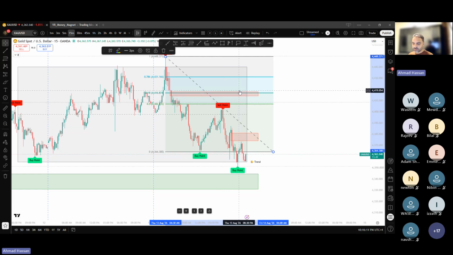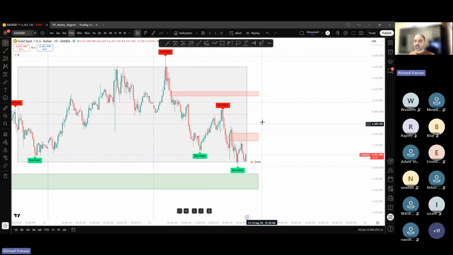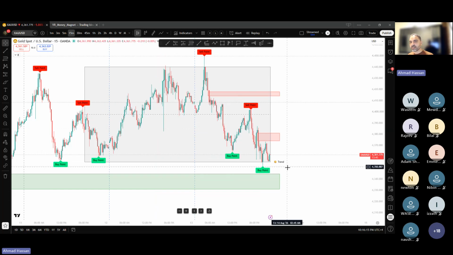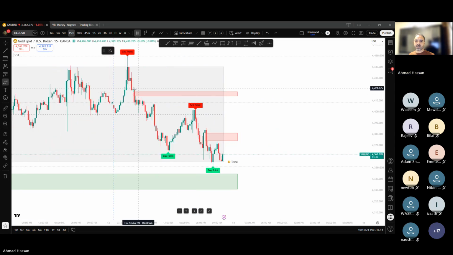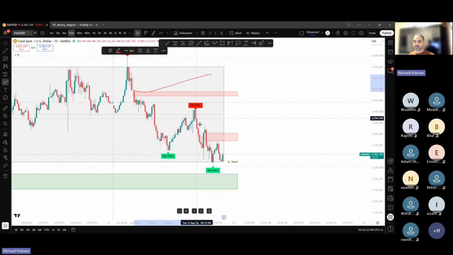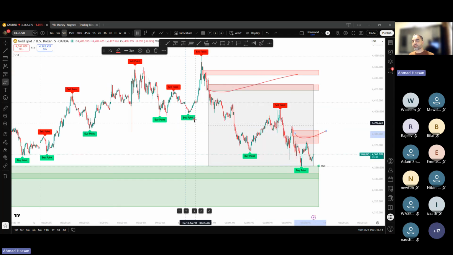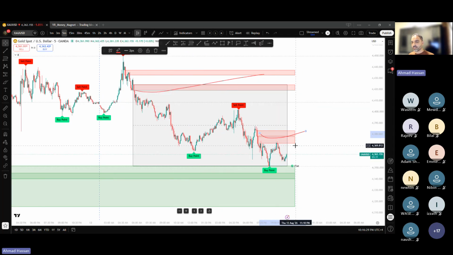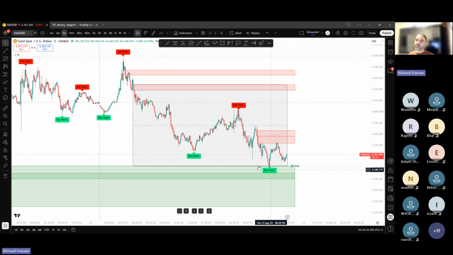Just follow the smart money concept. Overall, you can see it's a trending market. It automatically creates the areas where the market can come back for rejection. As you can see here, the market came back for rejection, and again came back for rejection. If you take it to another level, it automatically shows you everything. See, the market is unable to break this area. So it automatically gives you the fair value gap or the Fibonacci zones where the market can retrace back and then